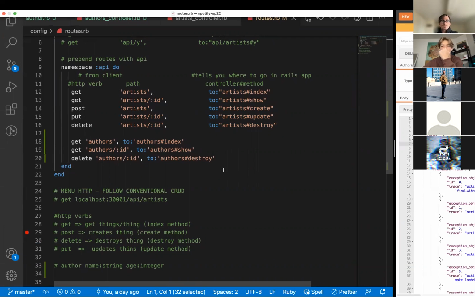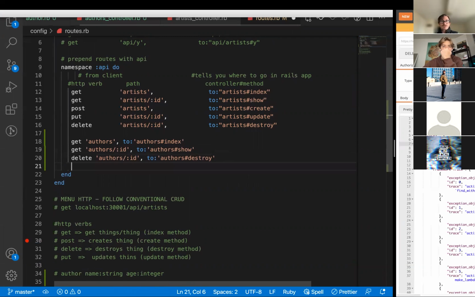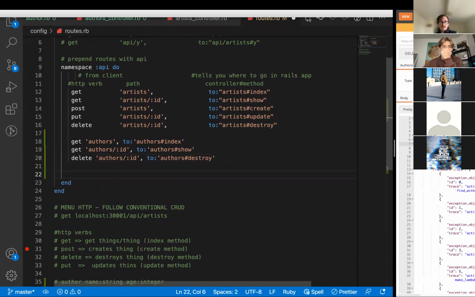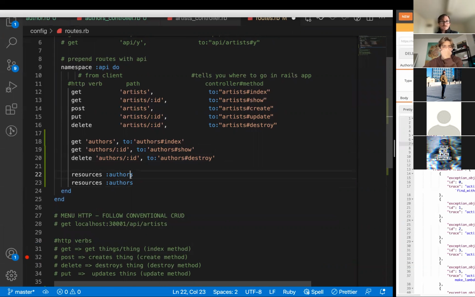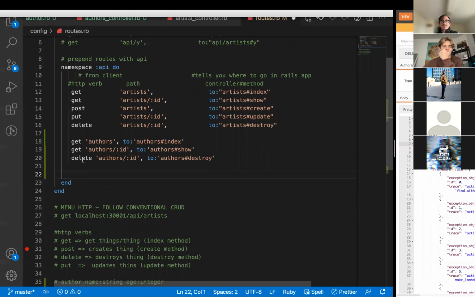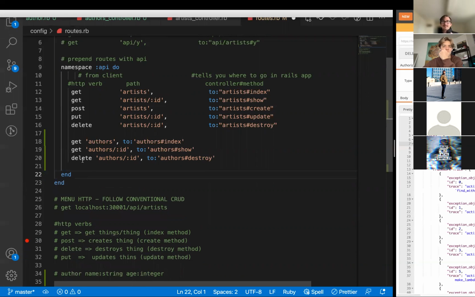And then once you get really good at it, and once you know what it's doing, and once you have it memorized and you know all the CRUD actions, we could have just done resources authors. And this is how you would have wanted to have done it, and resources artists. But until then, write this out, because I feel when you write this out, really say